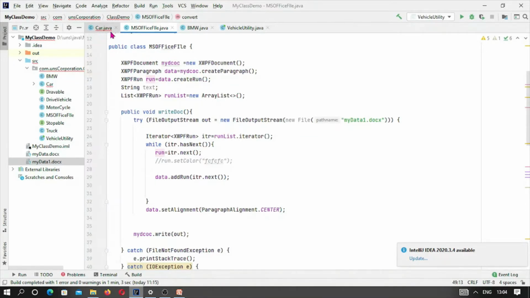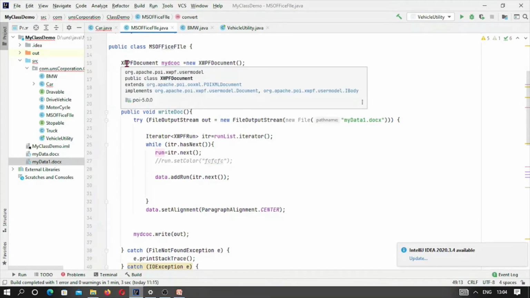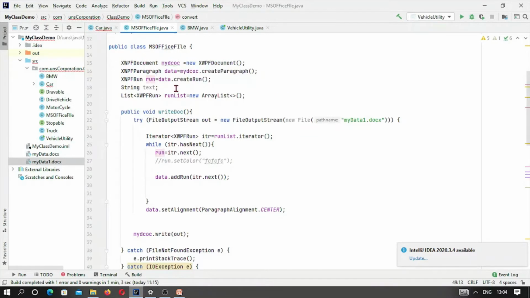So we are simply creating an object inside this one, and these are the Apache POI classes, and we are simply using the object of this one, and this is data. This will create a paragraph, and inside a paragraph there will be a run, and this run is nothing but simply a collection of text. You may say a string or a line. Later we will explore more. So here the run we have created is a part of a paragraph, one line, and here is a string text, and this is a run list. You may say a string or a string list, run list it is.